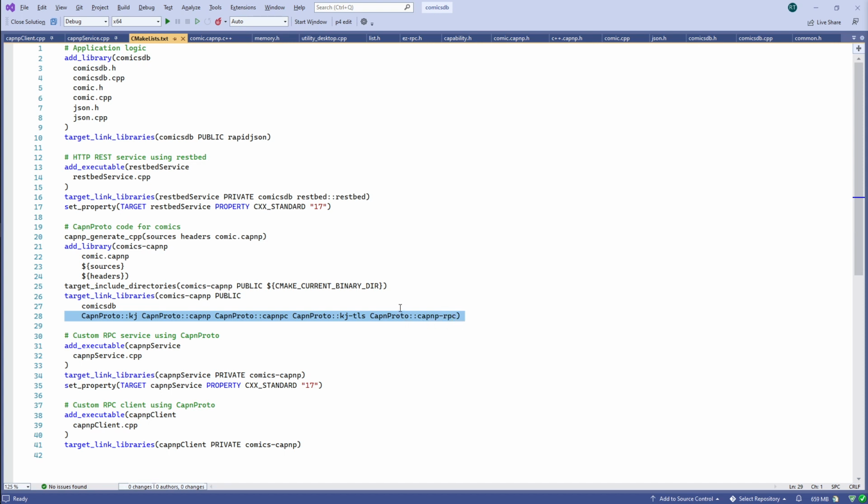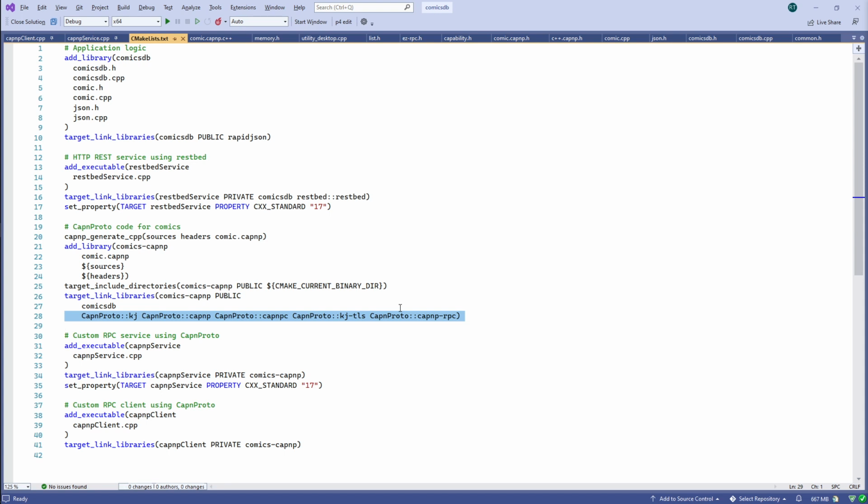and then this is the remote procedure call part of Cap'n Proto. Because remember, you can use Cap'n Proto just for serialization and deserialization. For instance, in that address book sample that they have, that's just doing serialization to a file and deserialization from a file. So you could use Cap'n Proto purely for creating file-based archives or backups,